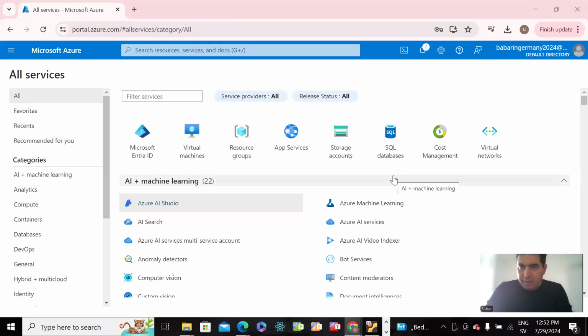My name is Babar, and today I'm going to discuss how we can use the virtual machine. But this time I'm going to discuss the virtual machine of Linux in Azure and how it works. So this is the